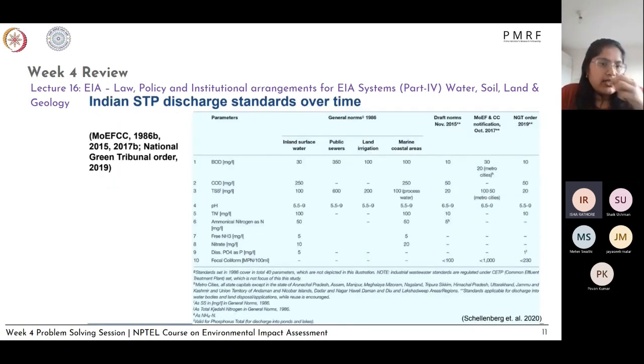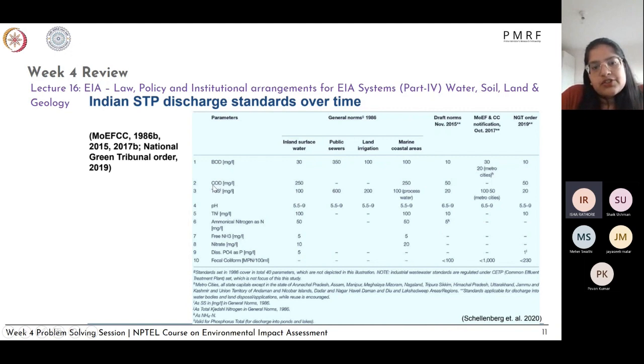And then we have the Indian sewage treatment plants or STP discharge standards over time. So we again have these water uses and the different limits for these based on the different parameters. So we have the BOD, which is the biochemical oxygen demand. This is something used for sewage treatment plant systems. It is basically the amount of oxygen needed to break down organic matter. This is like a natural process where it breaks down. Oxygen is used for breaking down the